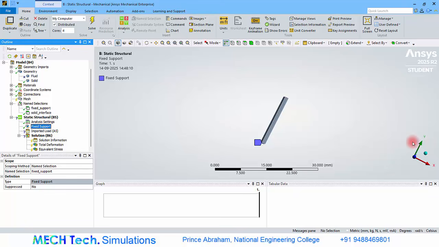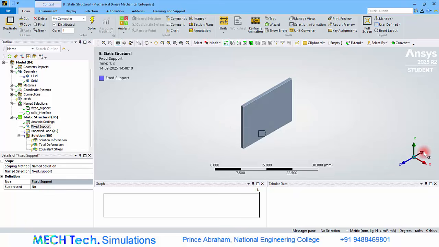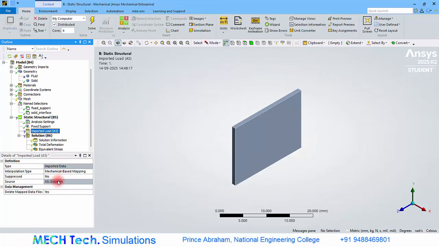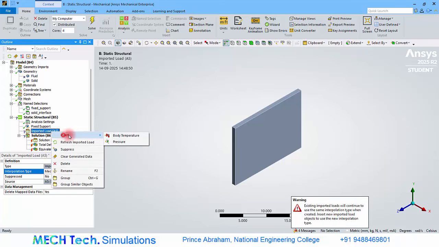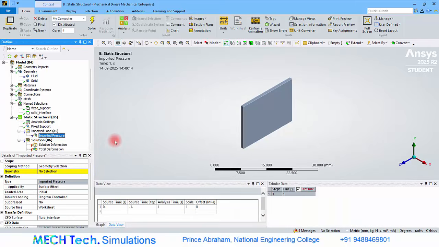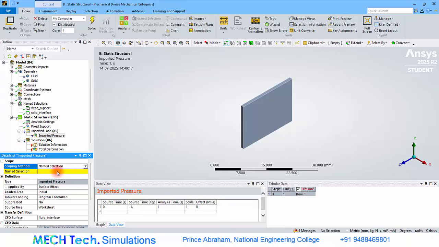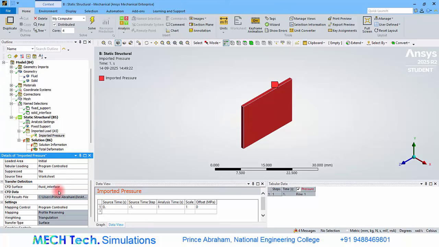We have provided one fixed support, and the force that is being acted here is not provided by us. That should be taken by the imported load from the CFD results. So right click the imported load and insert pressure and select the geometry, that is name selection. Already we have named the surface as solid interface. So solid interface is the surface where the pressure is to be applied, and